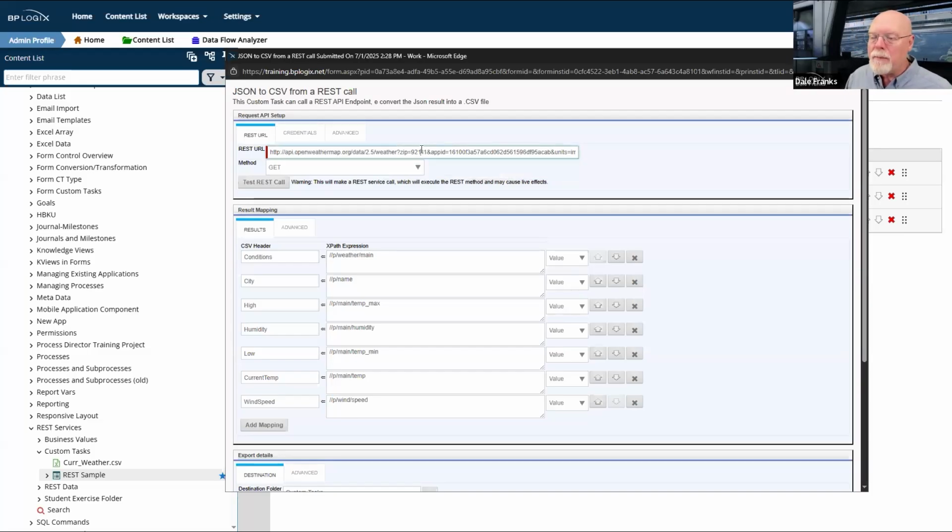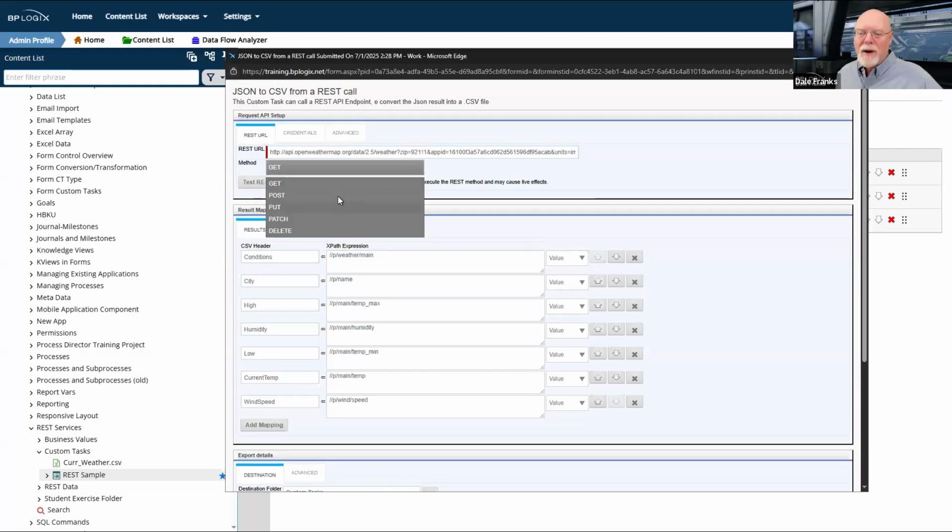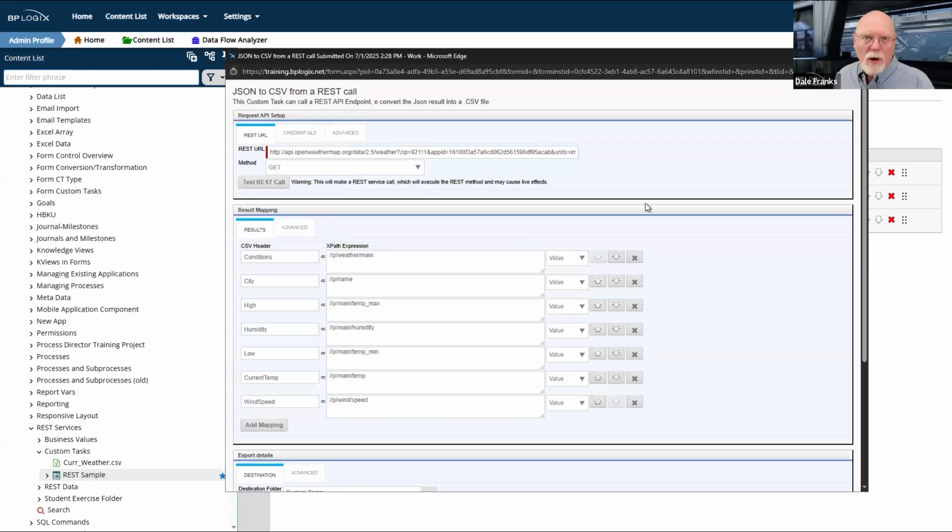Now, ideally, I would replace the zip code with the form field system variable for the 92111 zip code so that I could fill it out on the form, pass that form field value into that system variable as a parameter for the REST call. But as you can see, I am hard coding it for the 92111 zip code. It's not pulling it from the form in the final version of this. It will work. Obviously, we do our get, post, put, patch, delete. All of those REST call methods still work.